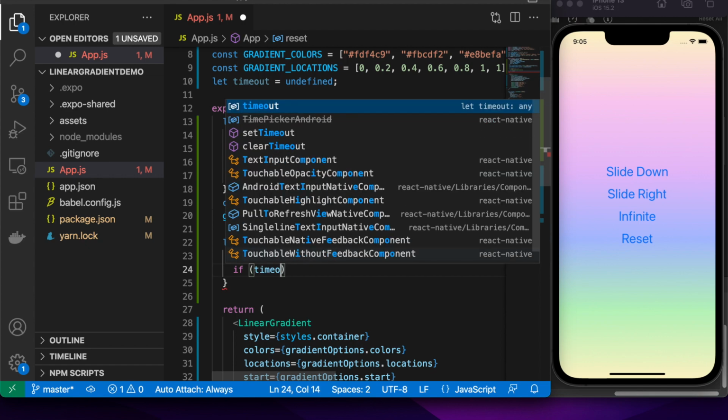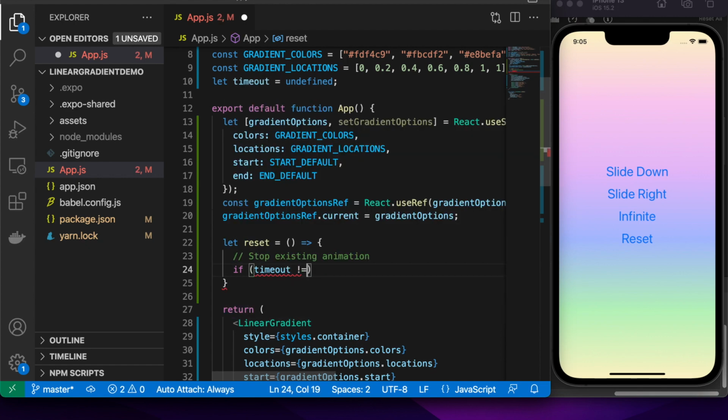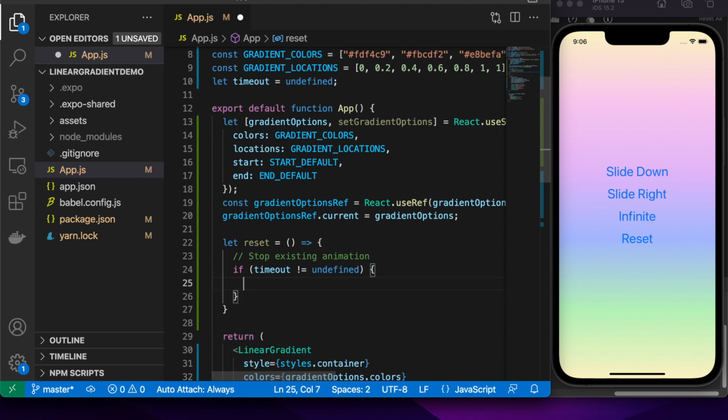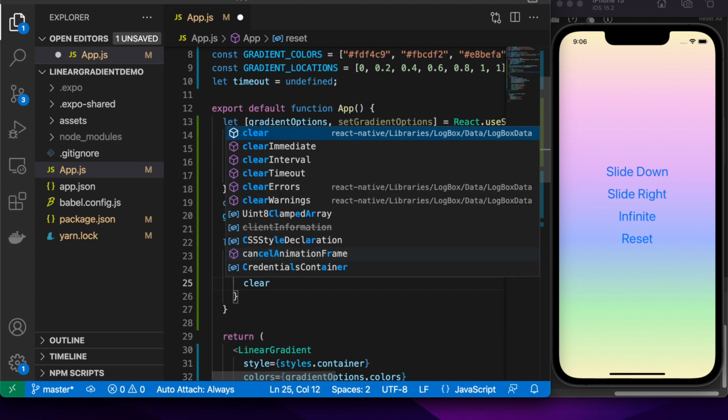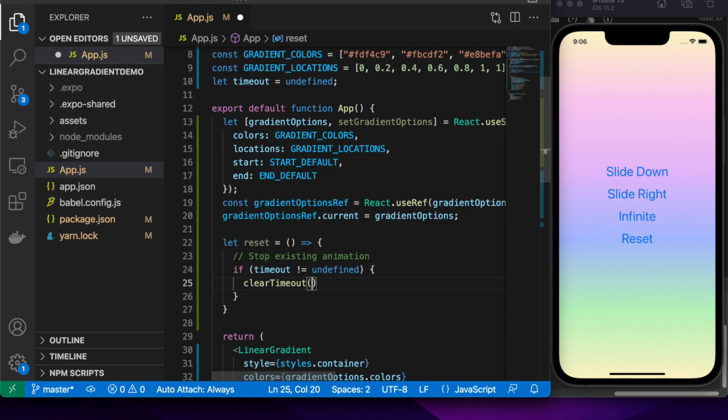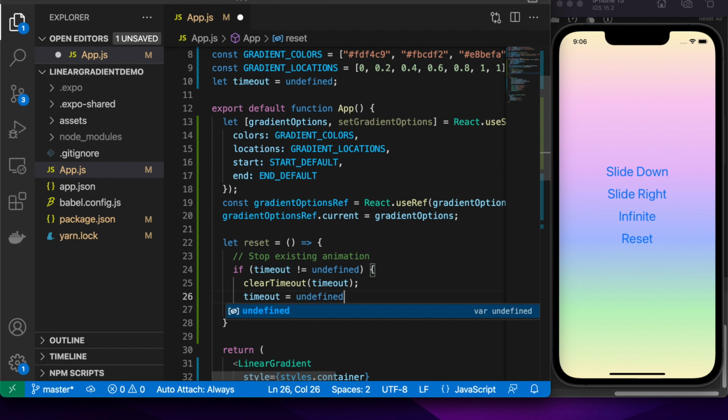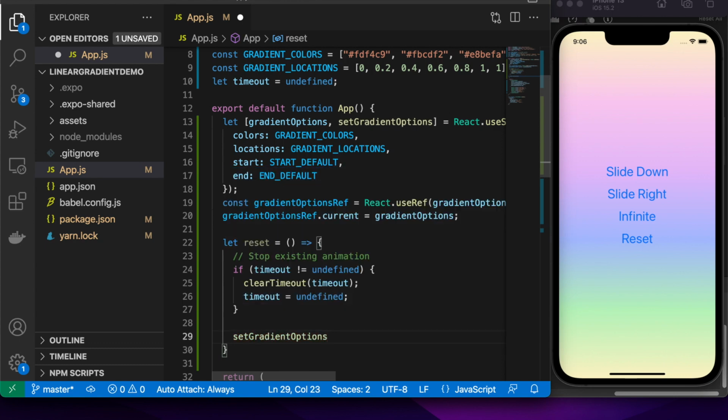So if there's a timeout, then I'm going to want to clear it, and make it undefined so that people don't think there's something already existing in the future and just make things all clean and tidy.